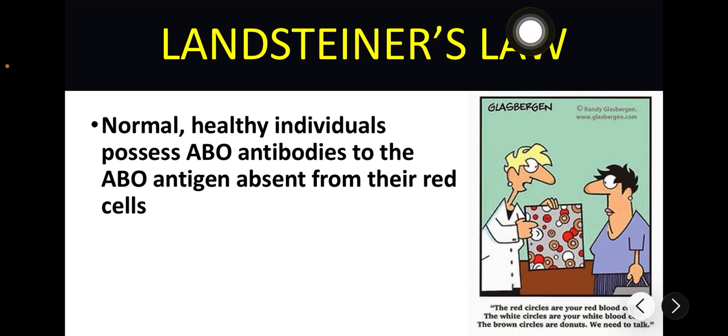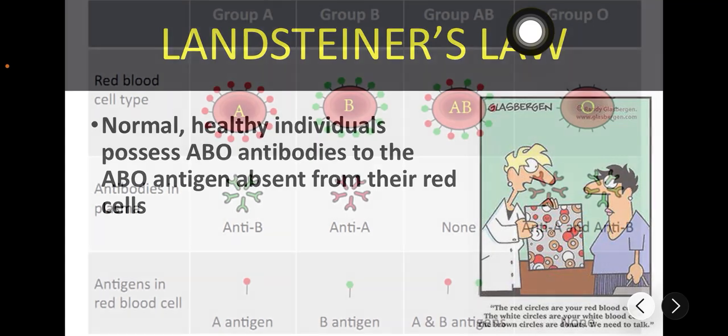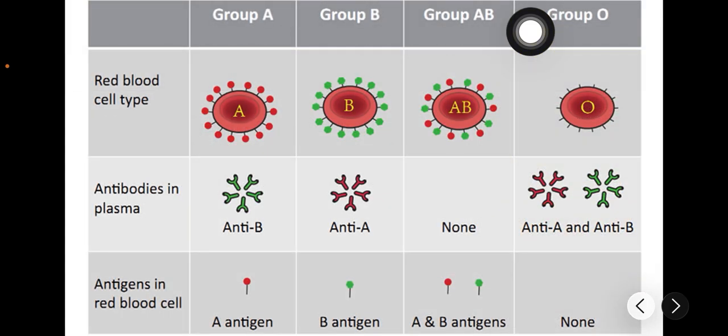Again, Landsteiner's law, also known as Landsteiner's rule, is the fundamental principle of the ABO blood group system, establishing that a person's serum will always contain predictable antibodies directed against the specific ABO antigens that are absent from their own red blood cells. Discovered by Sir Karl Landsteiner in the 1900s, this unique reciprocal relationship is the foundation of modern blood banking and transfusion safety. This image right here shows the rule